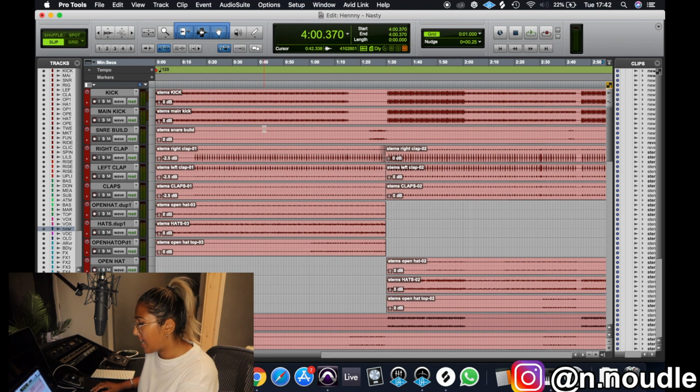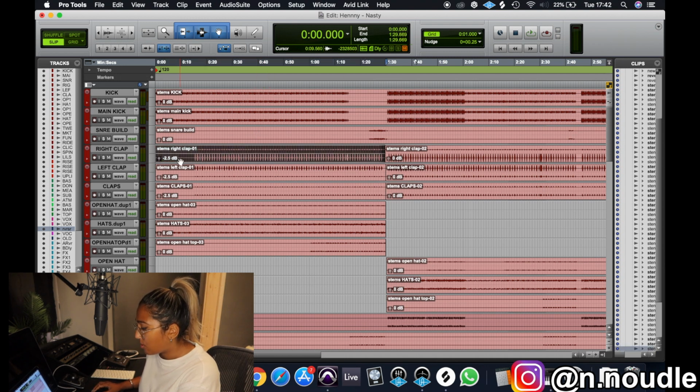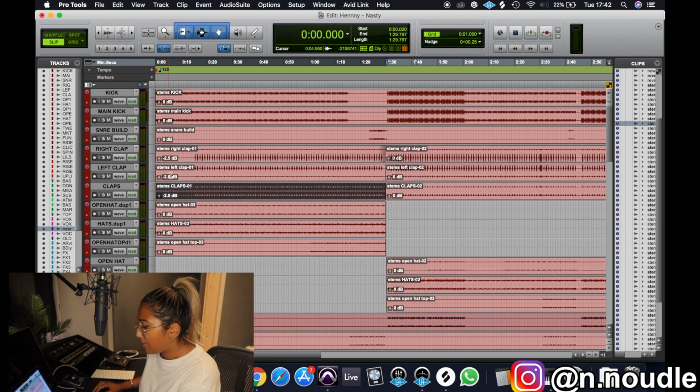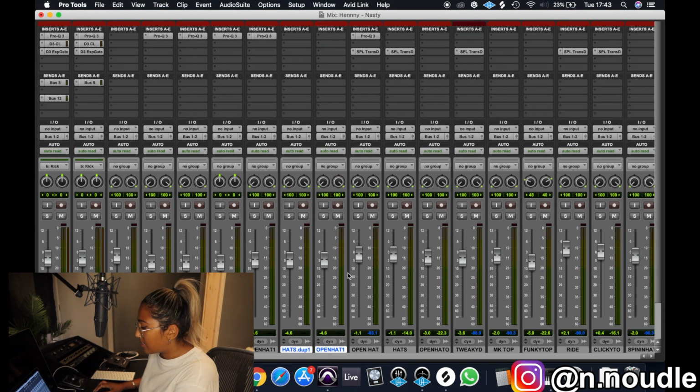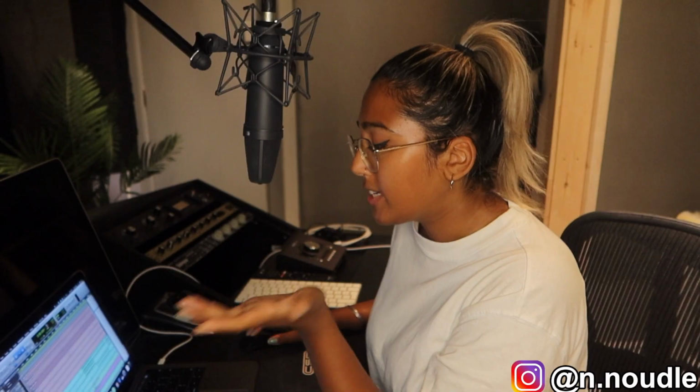The waveform isn't as tall, which obviously means that it's not as loud. I had to get all the claps and lower them all by 2.5 dB. With the hi-hats as well, they were quite piercing, so I duplicated those hi-hat channels and brought them down quite a lot. But you get the gist, it's just a bit of tweaking here and there, and it's really important